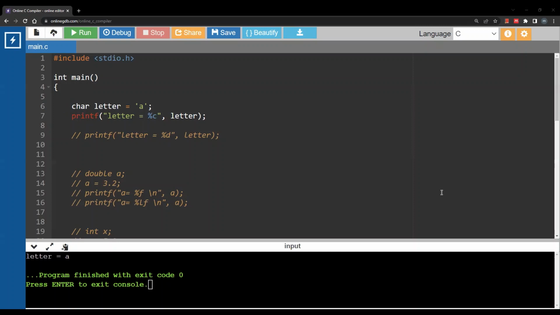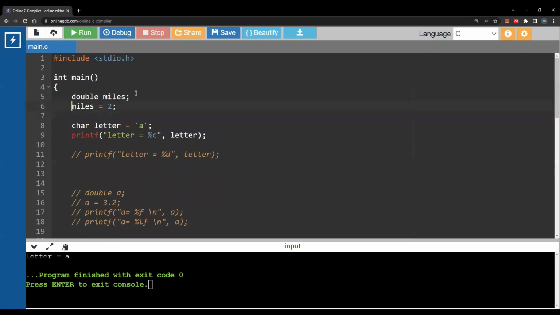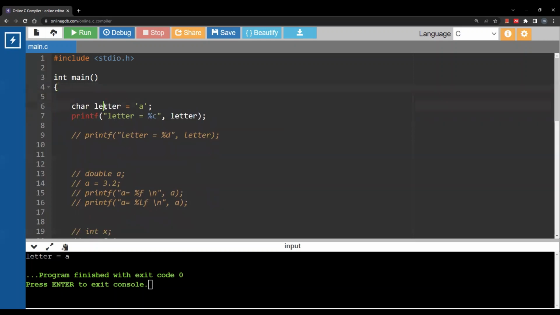To see this, remember the example from last video as we have double miles. And we said this is the declaration step and this is the initialization step, right? You can combine these two steps in one line by simply writing double miles equal 2. Okay, so this will do two jobs in one line. Again, we are declaring a variable letter of type character, and we are storing the character A, small